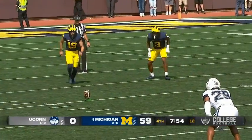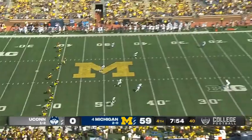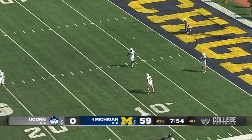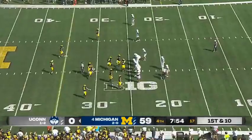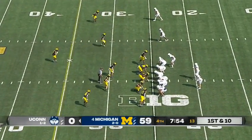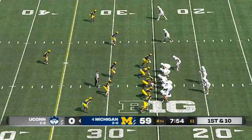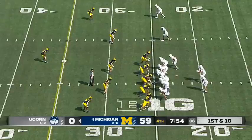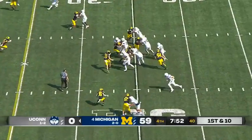Getting back to the orange for a moment. That was a team that Jim Mora told us when we were talking to him this week he thinks they're sneaky good. And that's a team obviously you know a lot about, as UConn is just trying to get on the scoreboard before the game's over with 8 minutes to go. And Victor Rosa